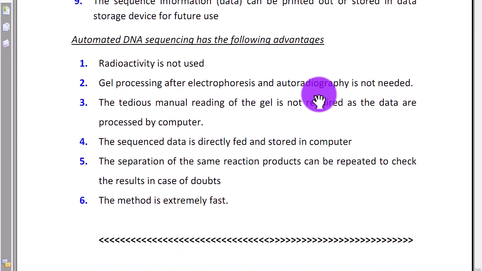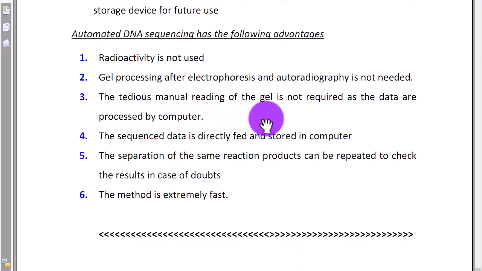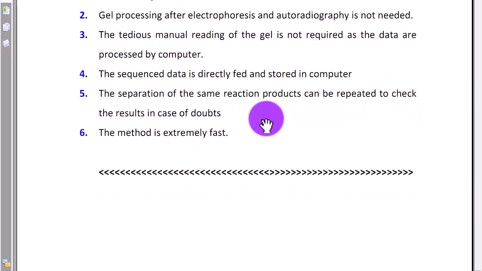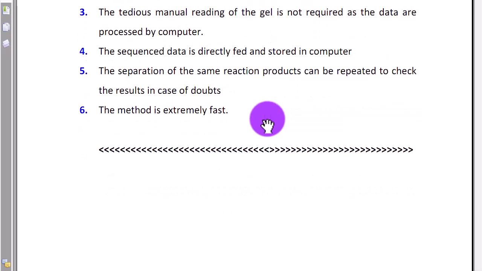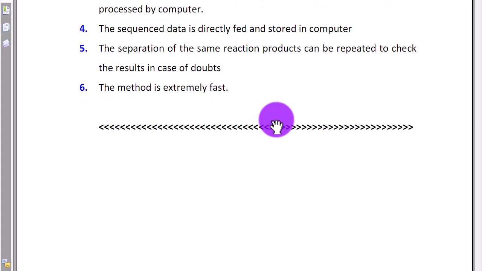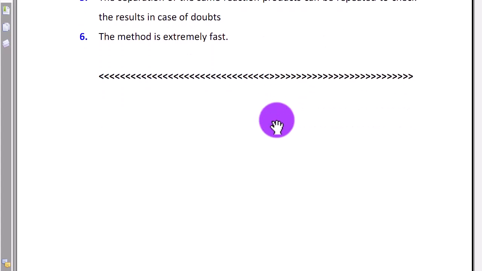Automated DNA sequencing has the following advantages. Radioactivity is not used, and gel processing after electrophoresis and autoradiography are not needed. The tedious manual reading of the gel is not required, as the data are processed by computer. The sequence data is directly fed and stored in the computer. The separation of the same reaction product can be repeated to check the result in case of doubts. The method is extremely